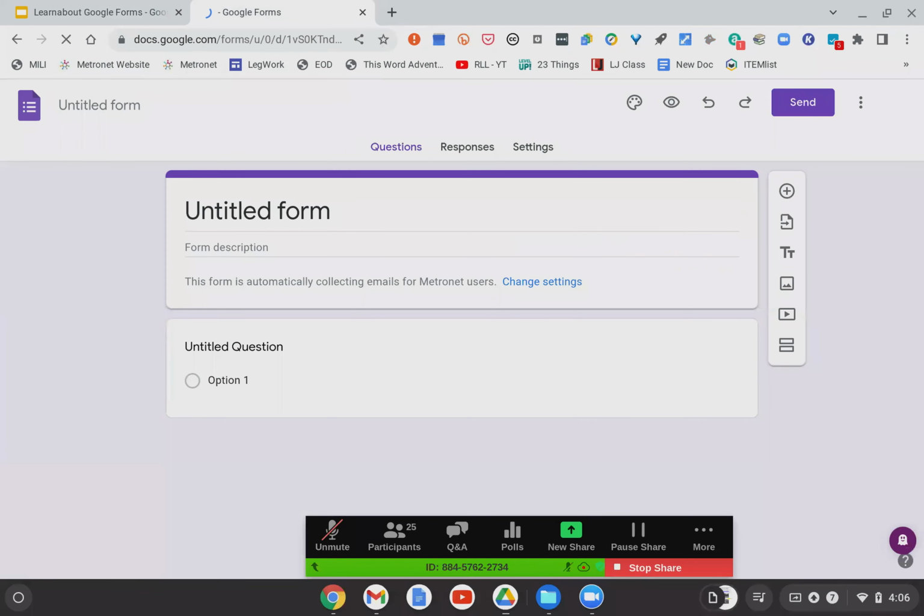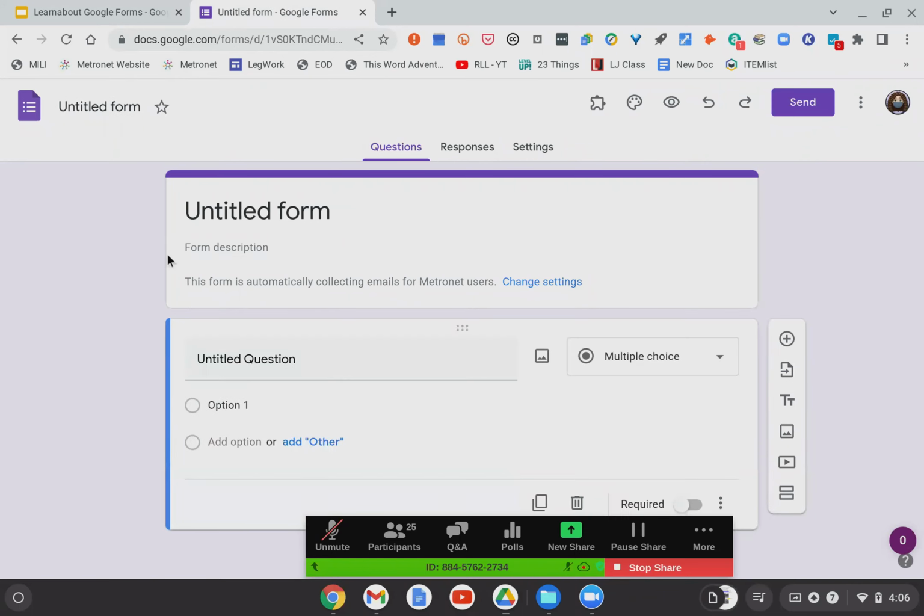You can also, of course, navigate to it; you can see at the bottom of my screen there, I have Google Drive and then Google Docs as my links. So you could do it that way, but there's just no way it's not faster to do it this way. So forms.new, and it takes you into a brand new form. So this is the basic template for a form.